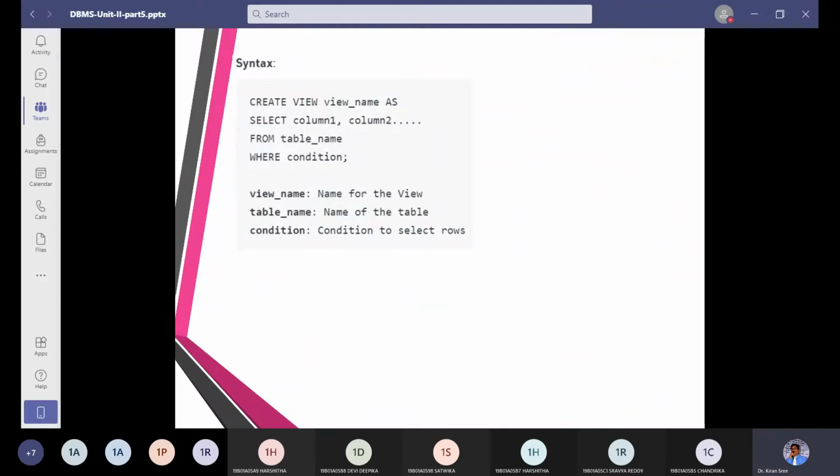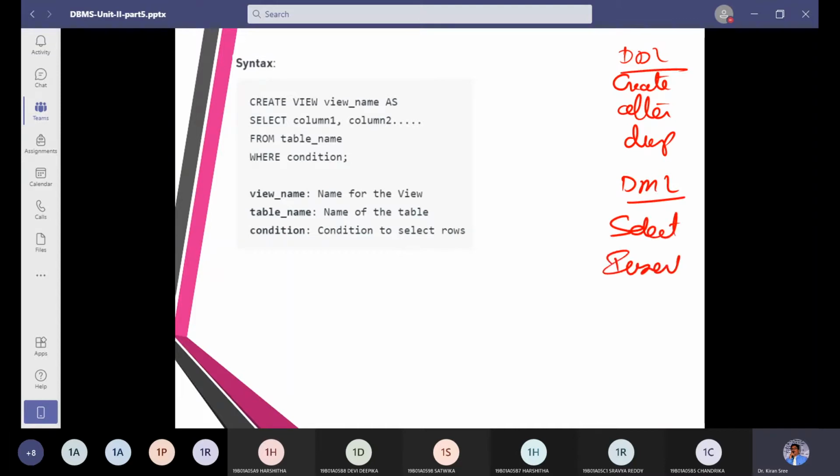How can I create a view? That means I am going to have DDL commands, that is data definition: a create command, an alter command, and a drop command. Assume I am also going to have data manipulation commands. In data manipulation, I am going to have a select command, an insert command or an update command. Assume more commands are there, but for now I'm giving only 3 commands. Now what is the command for a view?